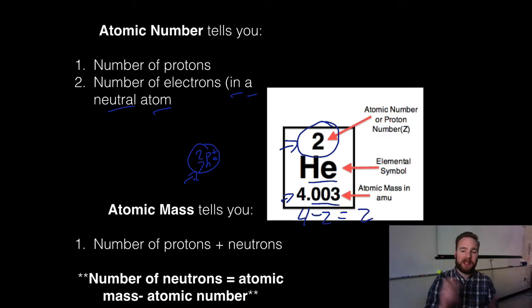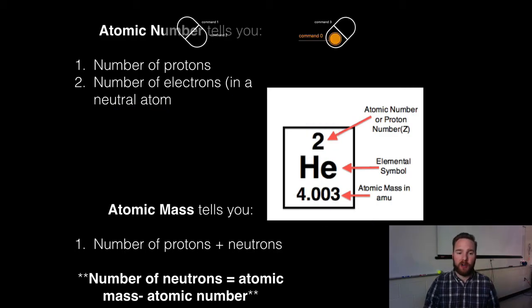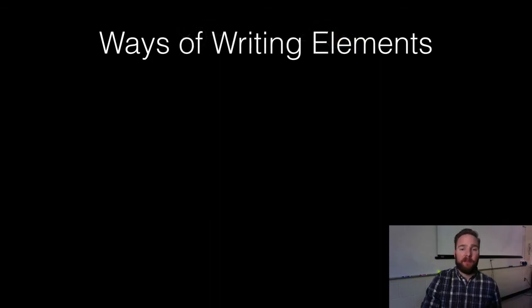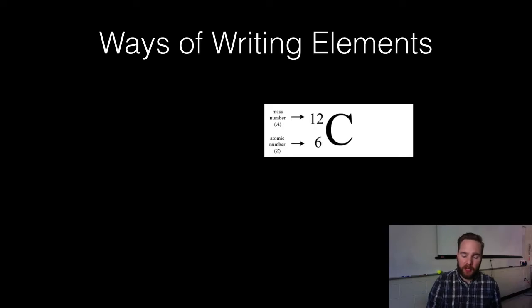So atomic number, atomic mass, really important to know how to distinguish those and how to find the number of neutrons. Okay, a few different ways of writing this. It can be a little confusing, but let's iron this out. We call this, first one, we call this shorthand